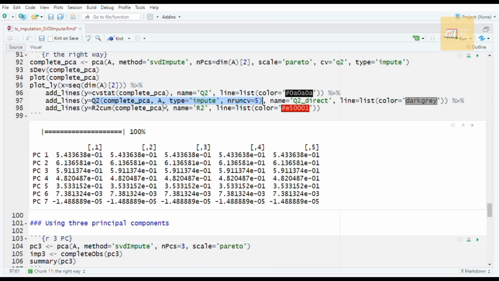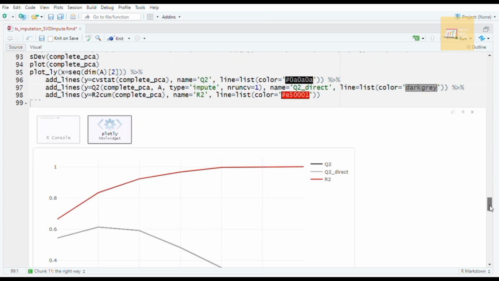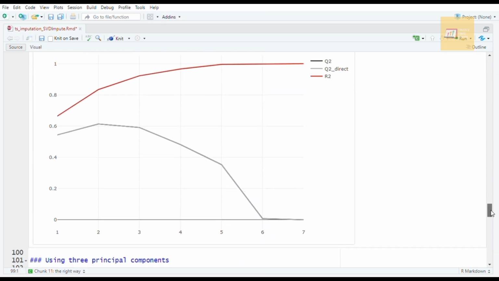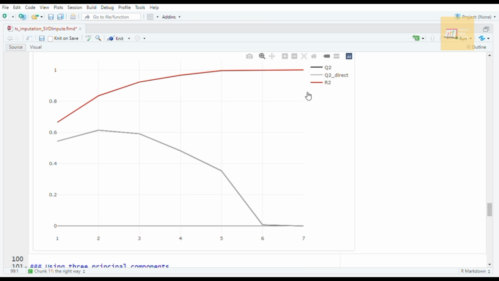Okay, now we have the Q squared scores for each principal component in each iteration. The columns represent the iteration, and we can see that they are exactly the same. So that's why I run it only once. Now let's take a closer look at this plot. As we can see here, the Q squared scores are exactly the same, no matter which function we